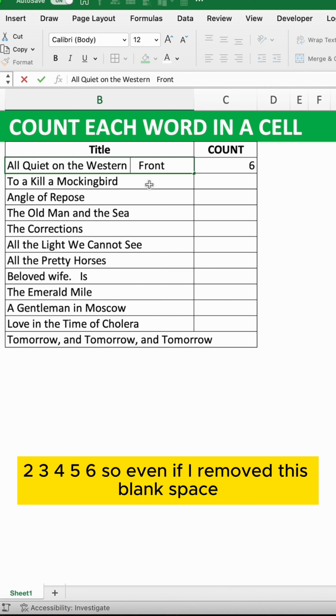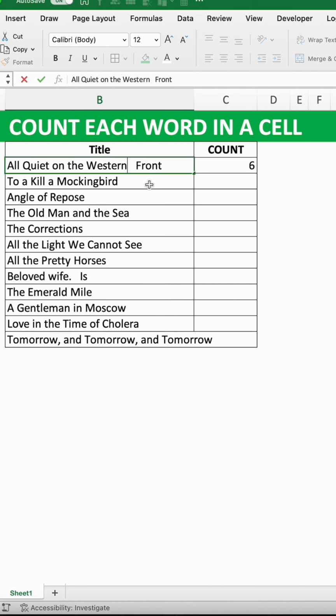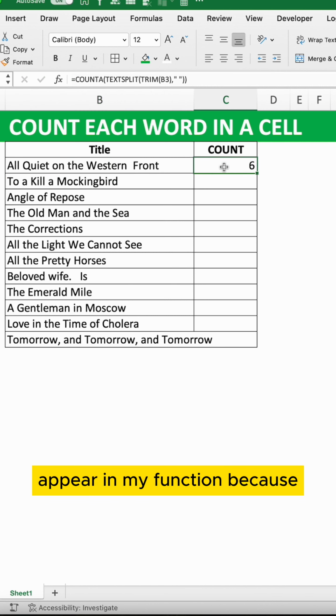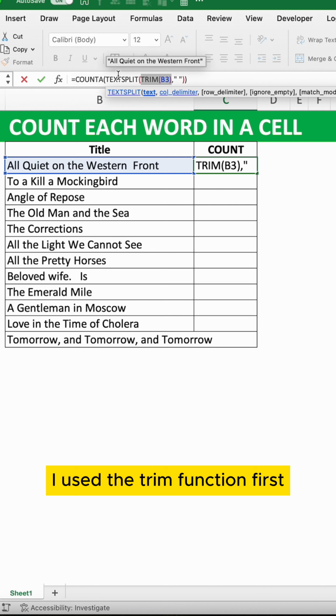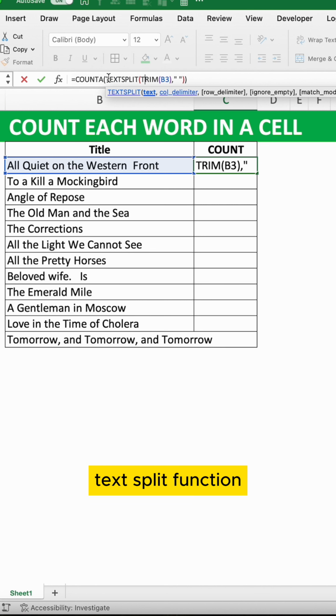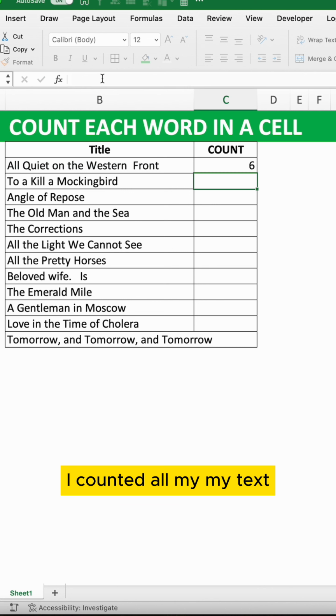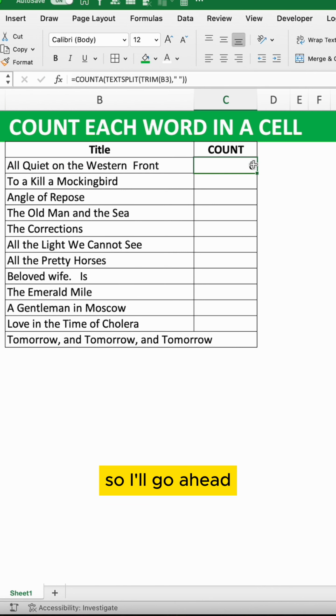Even if I removed this blank space or extra spaces or added them, they will not appear in my function because I used the trim function first. Then after that, I used the text split function. Then after that, I counted all my texts. So I'll go ahead,